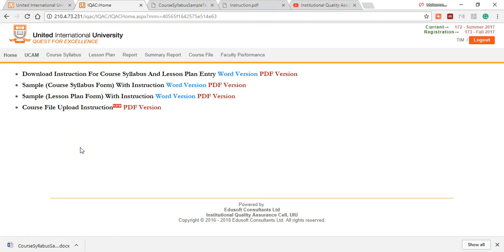The Institutional Quality Assurance Cell of United International University, or IQAC, has developed an online platform for faculties to develop their course syllabus and post it in a central repository so that the course files and the course syllabuses as well can be accessible, visible, and exchangeable from a central networking system. It also helps to update the course syllabuses